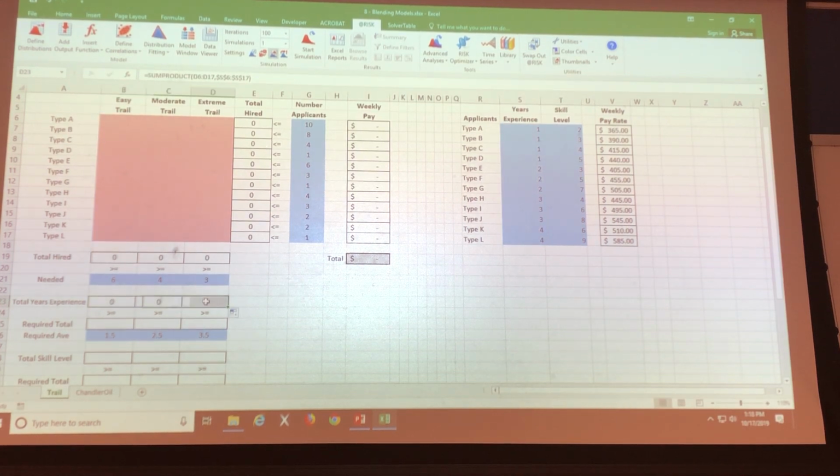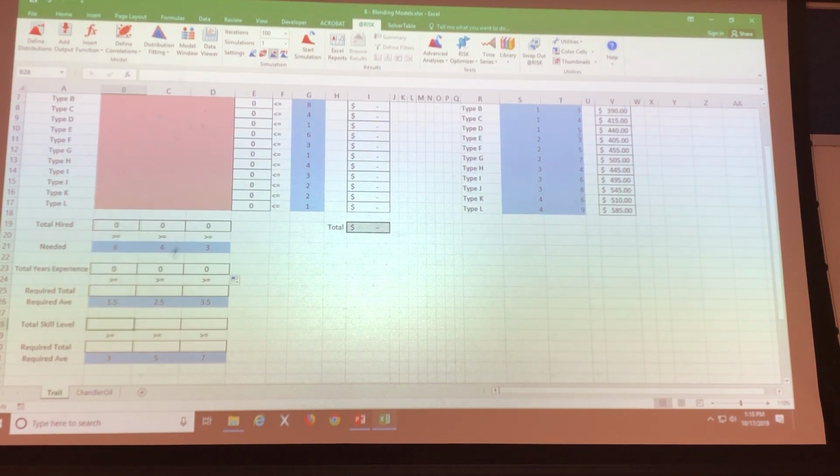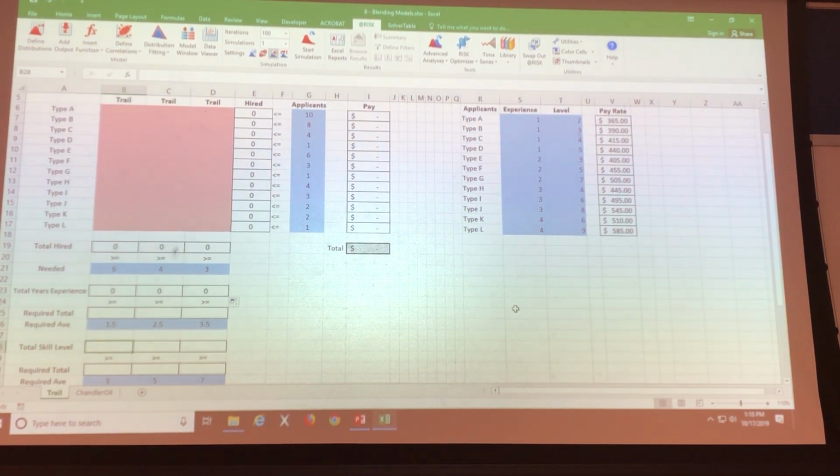And on this one, I would do a little spot checking, make sure it's giving me extreme trail, it's giving me years of experience. Now, this is in total how many years of experience I have obtained with whatever Excel tells me to hire. And so I'm going to put that exact same kind of calculation in here for the skill level, because it would be the same idea. How much total skill level did I get? I do it the same way, the sum product